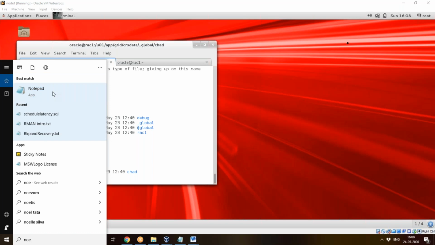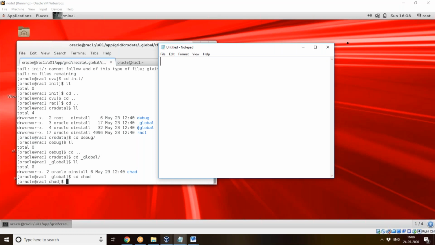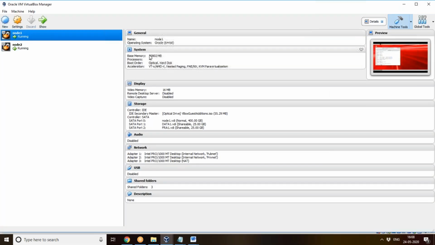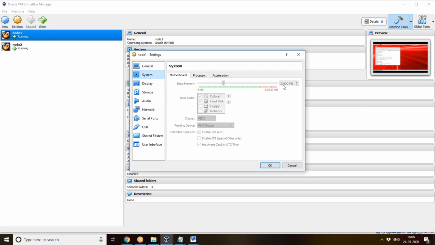Ma'am, can we verify how much RAM is occupied and how much hard disk space it has taken? Yeah, I have given 20 GB RAM because I want to do a 19.3 upgrade, that's why I have given so much. So here you can see 20 GB RAM for each node.